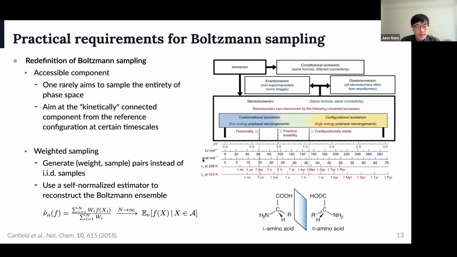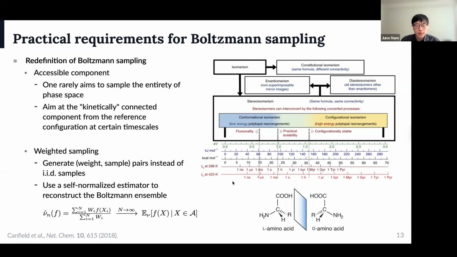And the second one is related to the previous limitation. So instead of doing IID sampling, we want to generate sample and weight pairs so that we can use a self-normalized estimator as shown below, where we assign different samples with different weights, so that as we get many samples and weights, we reconstruct the physical observables from the Boltzmann